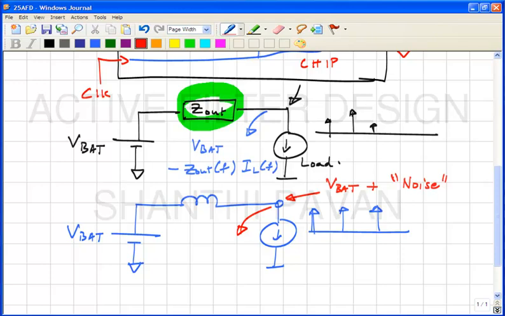So in other words, what happens at the supply is that you can always expect the DC value to be what you want, but there will be some fluctuation, right, especially when there is a lot of digital logic on the chip. Okay. Now, one might ask, how realistic is this scenario?